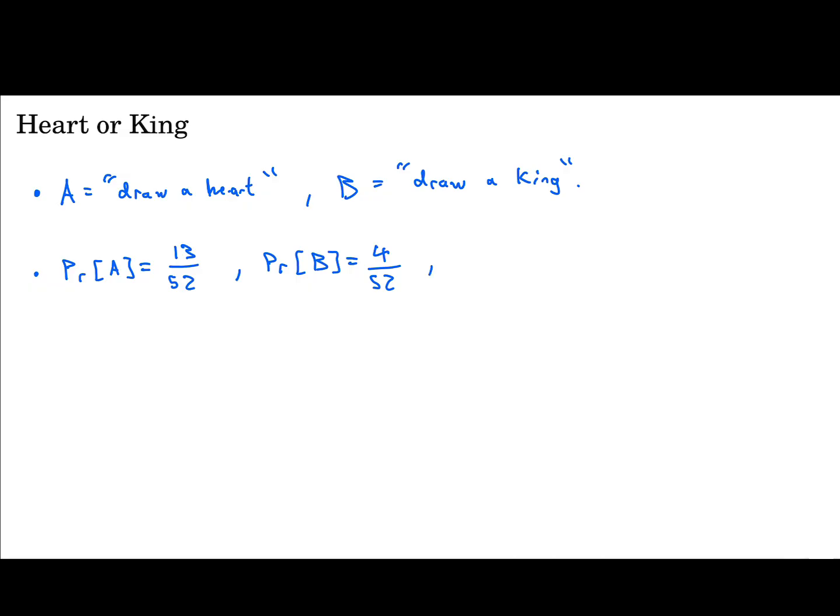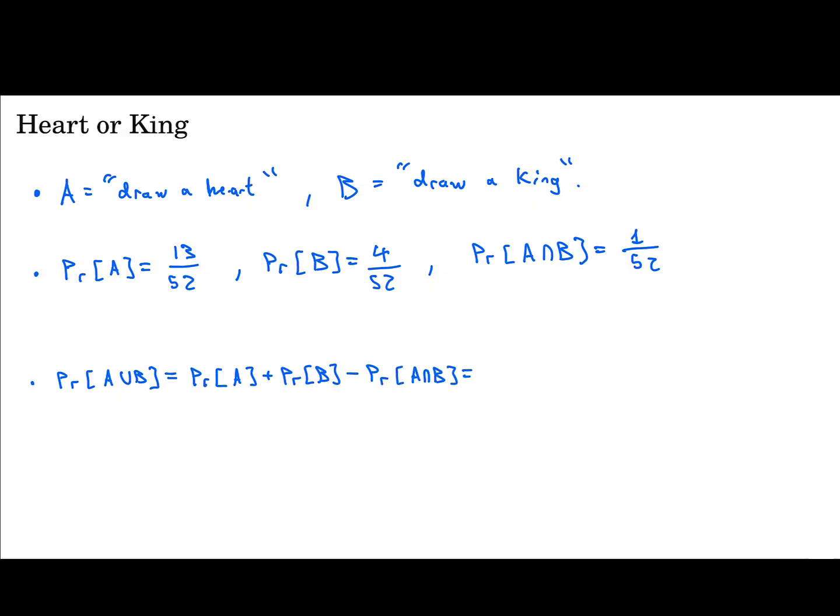And we also need to know the intersection. What is the probability that you draw a heart and a king? There's only one king of hearts in the standard deck, so that will be 1 over 52. And so what the theorem tells us is that the probability of A union B that we're interested in, the probability of drawing a heart or a king, is going to be the probability of A plus the probability of B minus the probability of the intersection,